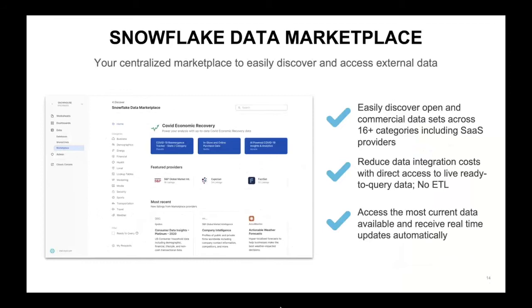So let's drill into a little bit more about the data marketplace that we keep talking about. Here's a closer look at exactly how that looks within the Snowflake account, the Snowflake UI experience. You can also explore the list of data sets on our website. So you don't need to be an existing Snowflake customer to get an understanding of the available data sources and data sets available. It's simply, I believe, on snowflake.com/data-marketplace, and you should be able to come to a listing of the data sets that looks very similar to this.